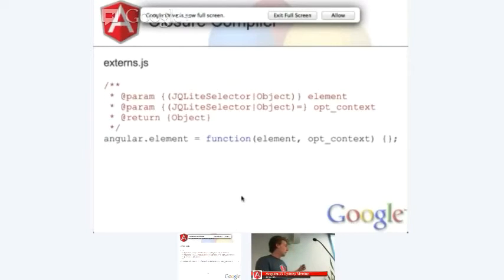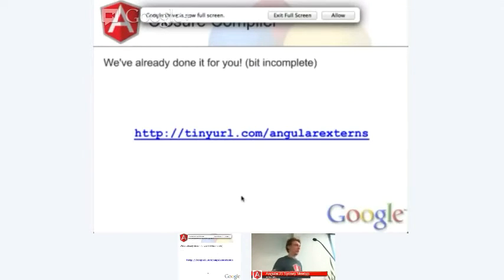So this is a pain in the butt to write out, which is not really very pleasant, but you need to do it if you want to call any Angular functions from within your JavaScript that's going to be produced. So I'm happy to tell you that we've already done this for you.